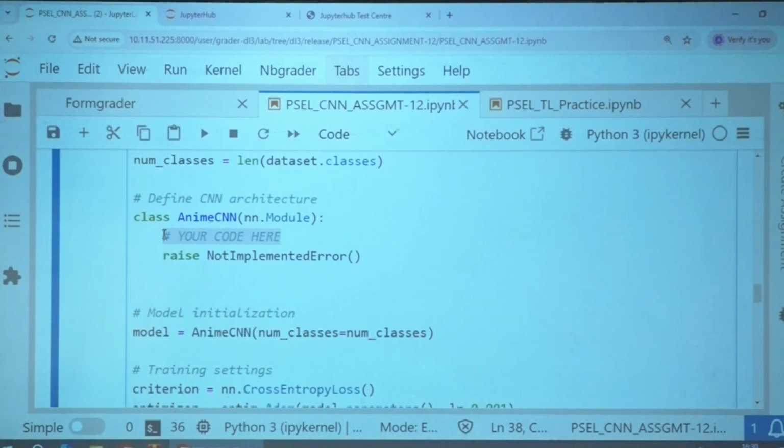Define the convolution layers with the dimensions and specifications which I gave, and perform the forward operation.